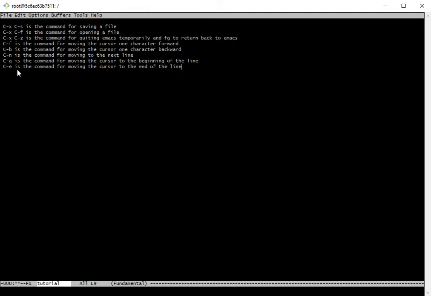So we're going to be moving between the beginning and the end. So Control A, Control E, Control A, we're already at the beginning, Control E at the end, right? Control A at the beginning. Notice the pointer moving, Control E at the end. So you can see the pointer moving, right? So the next command is